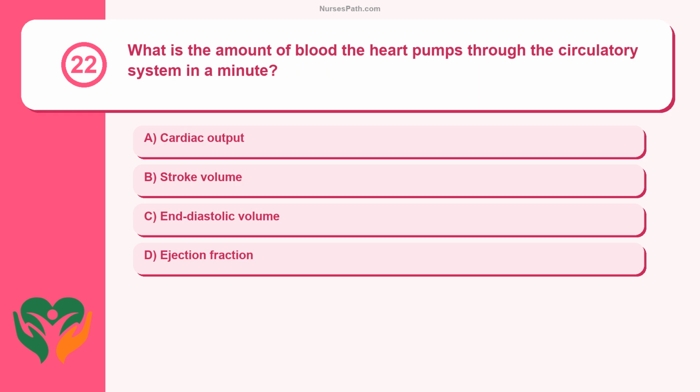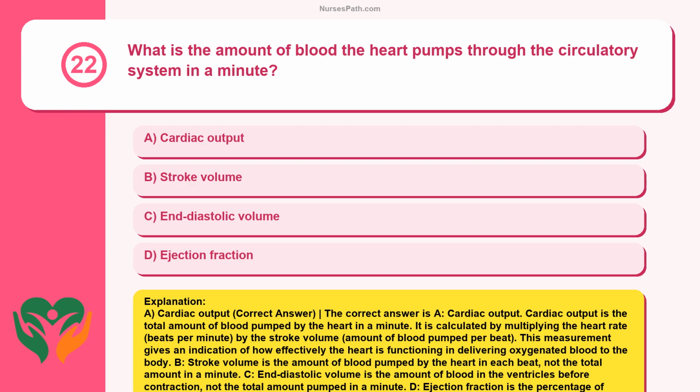Question 22. What is the amount of blood the heart pumps through the circulatory system in a minute? Cardiac output, stroke volume, end diastolic volume, ejection fraction. A. Cardiac output, correct answer. The correct answer is A. Cardiac output. Cardiac output is the total amount of blood pumped by the heart in a minute. It is calculated by multiplying the heart rate, beats per minute, by the stroke volume, amount of blood pumped per